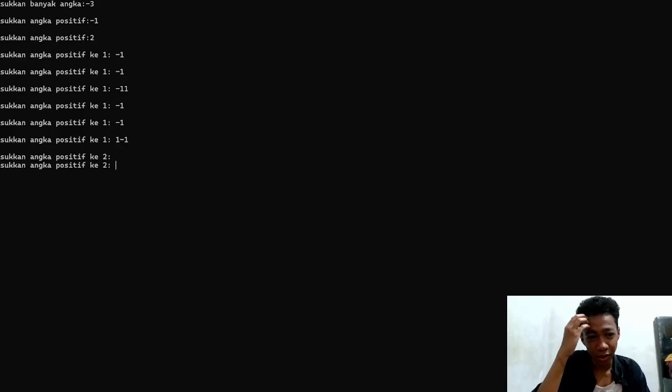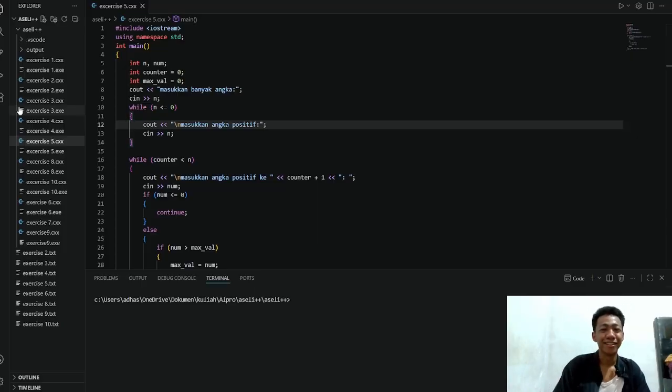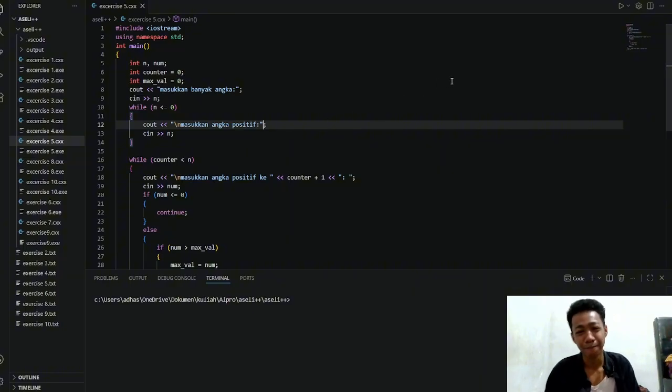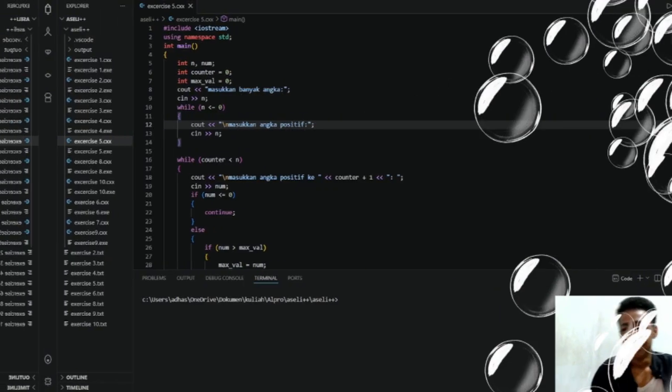If you input a positive integer, it will go to the next iteration. And here is the last I can say. We will meet again in the next exercise. See you.